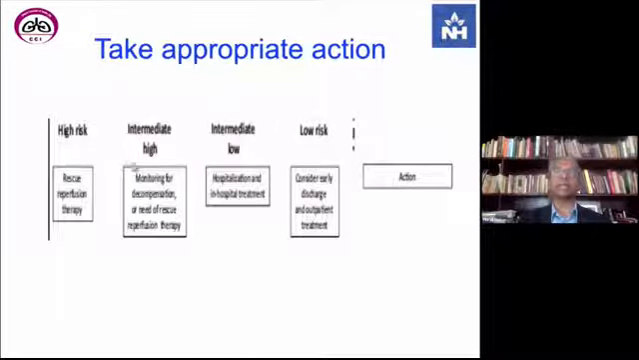If the person is at intermediate high risk, you must monitor these very closely. Usually we do this in the ICU or in the high dependency unit, and we keep them under close monitoring to assess the need for rescue reperfusion therapy. If they're at intermediate low risk, we keep them in hospital and we start in-hospital treatment, typically with just